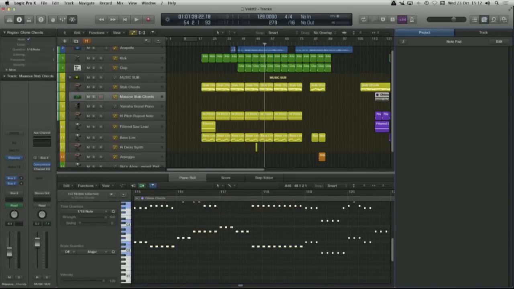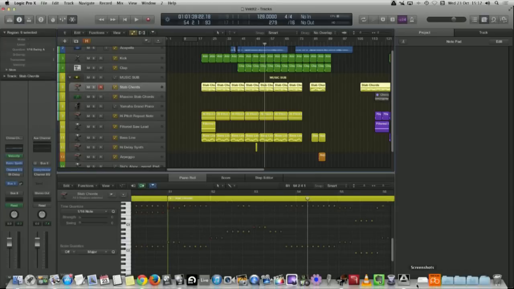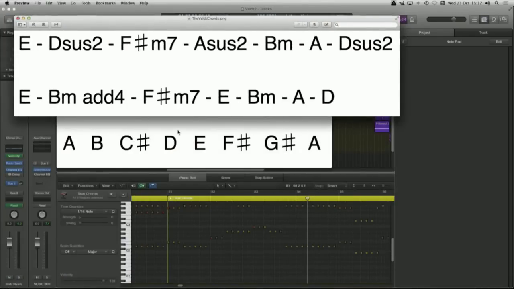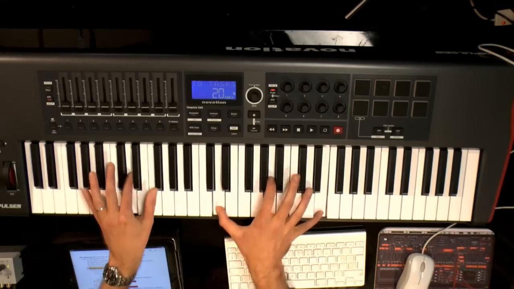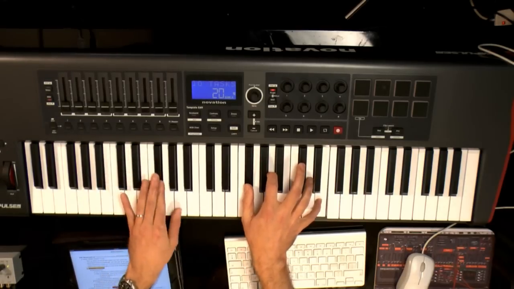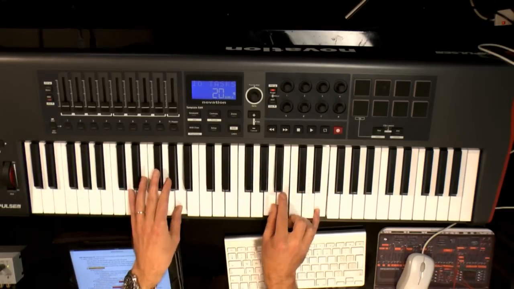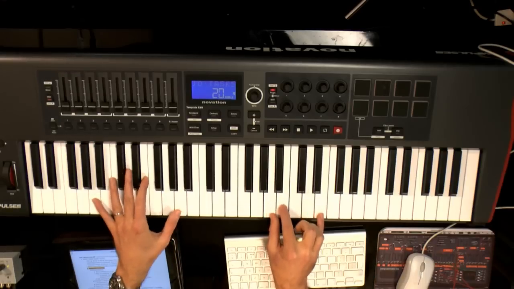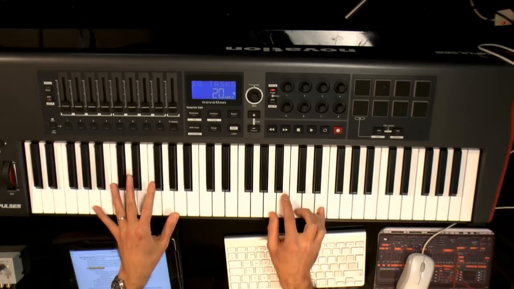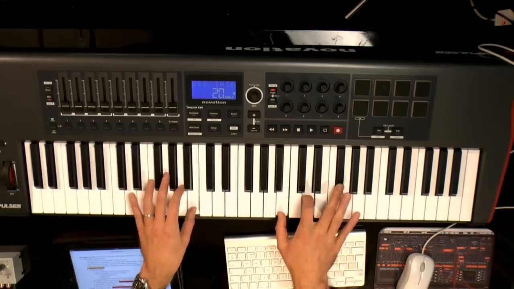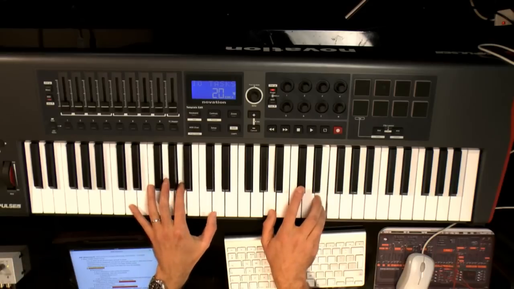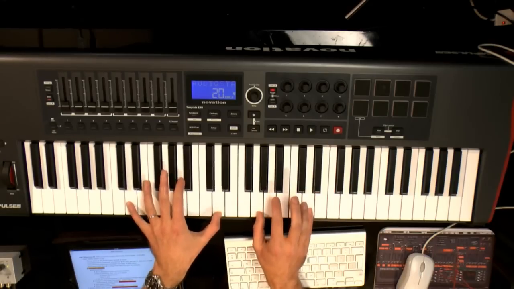I'm just going to find this now. There we go. I've got the chords written down here. So we're starting off on an E chord here, and then this is a D sus2, going to an F sharp minor 7, and then an A sus2. Now this is what we call the 1 chord, and we're going to have a look at that in a little bit. And then it goes up to a B minor, an A again,